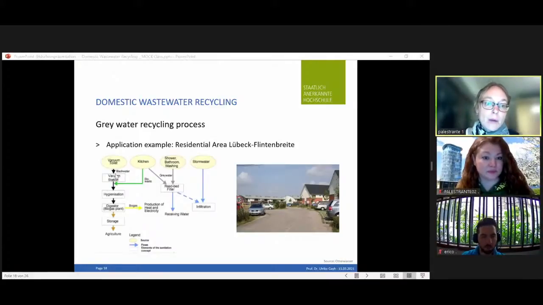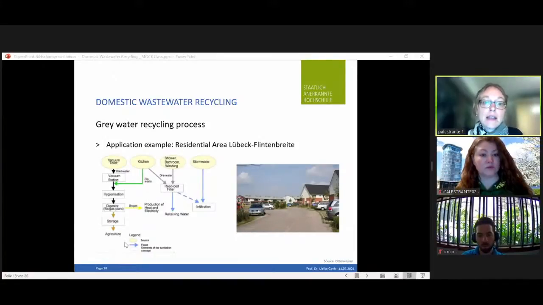And with this black water, you go into a biogas plant, as also in one of these examples before. When you have the biogas plant, you gain biogas, and with that you have heat and electricity. So this village gets its heat and electricity out of its black water. In addition, you have the kitchen waste, the bio waste, which you also give into the biogas plant. Furthermore, you have a storage for the digestate, which you can give into agriculture for